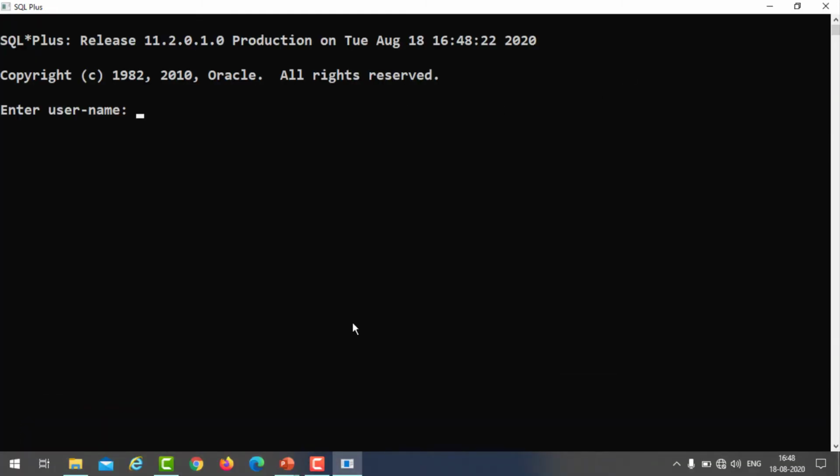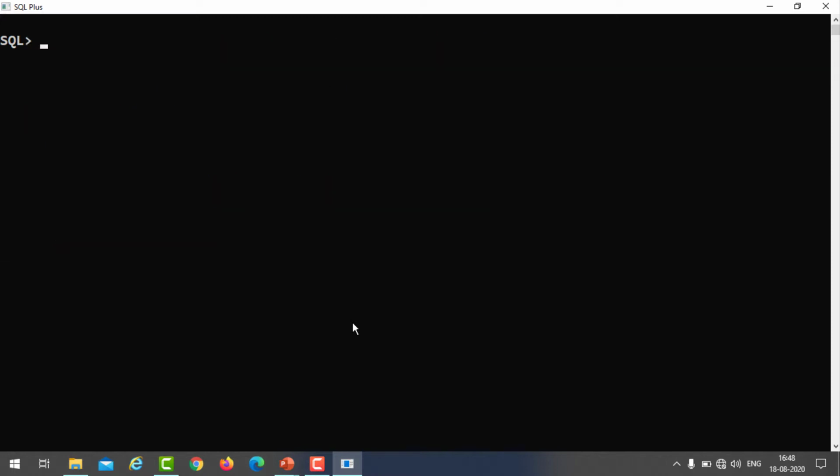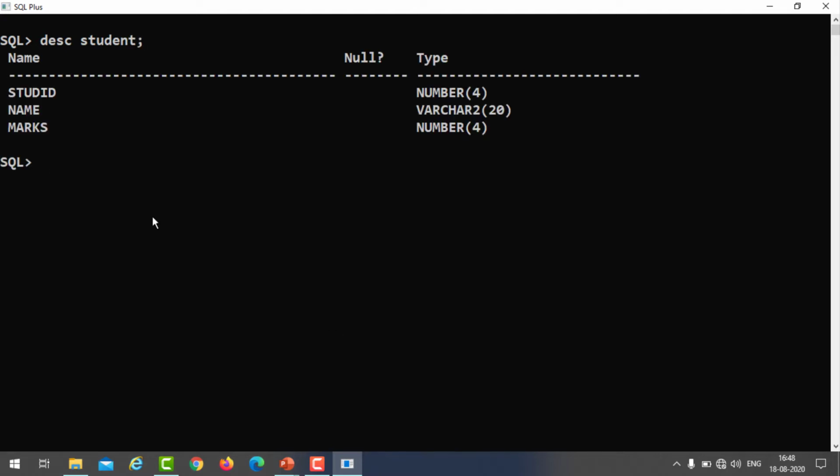I am connecting to my schema which I created in my previous video. I have connected with my username or schema, both are the same. We have already created one student table in my previous video. Description of student: how many columns are there? 3 columns. If you want to add another 1 or 2 columns or more, you have to use the alter command with the add keyword.